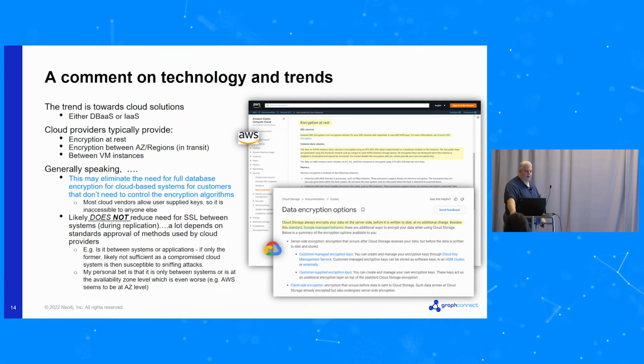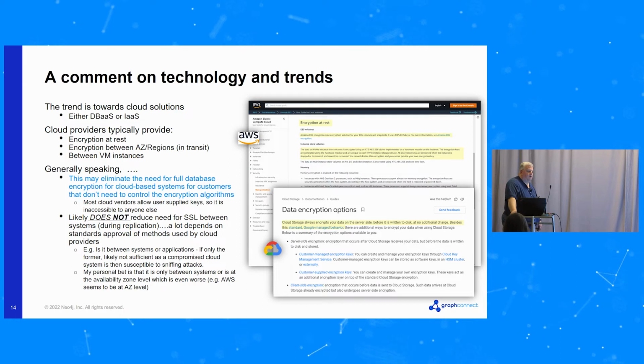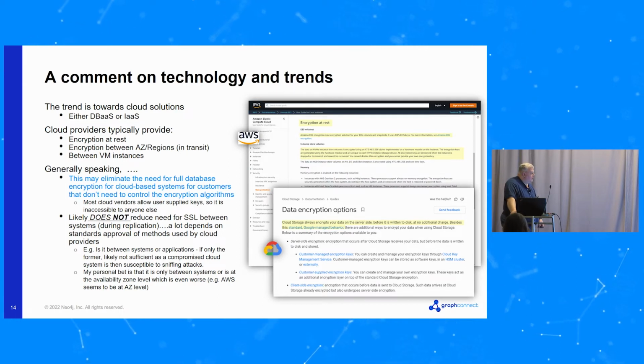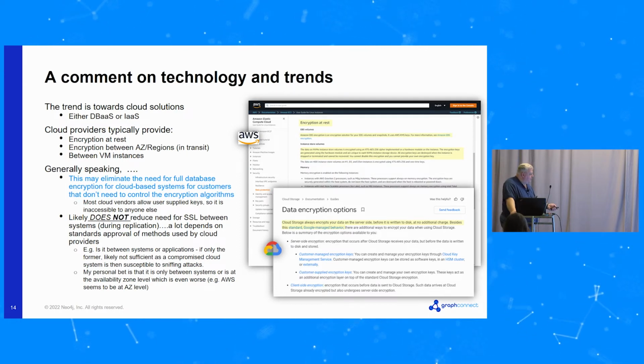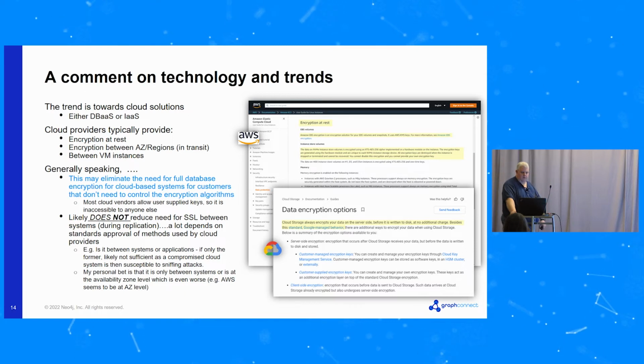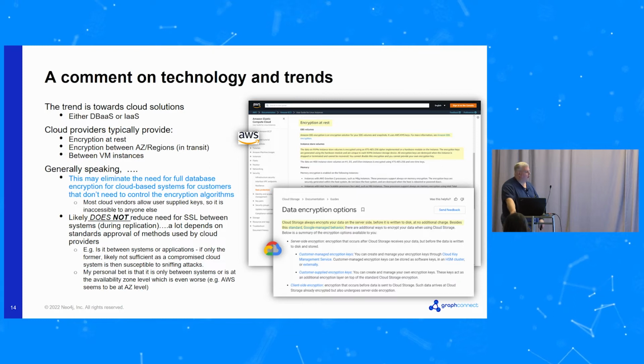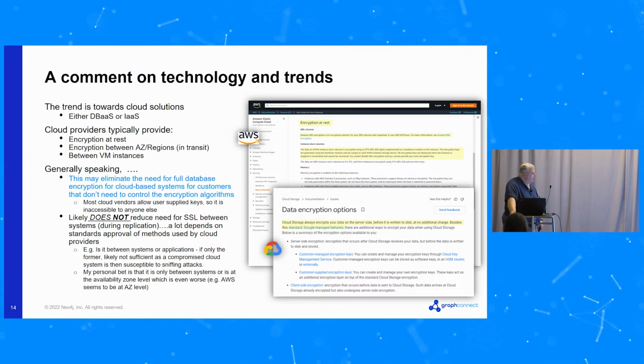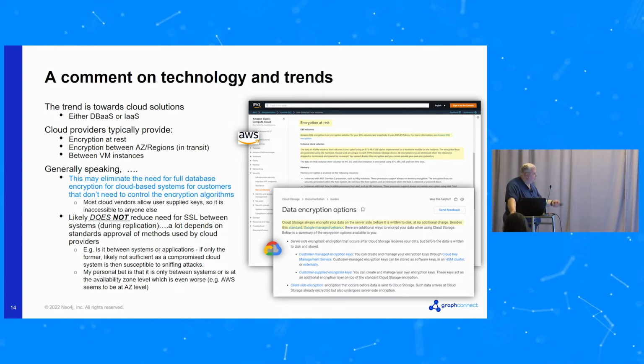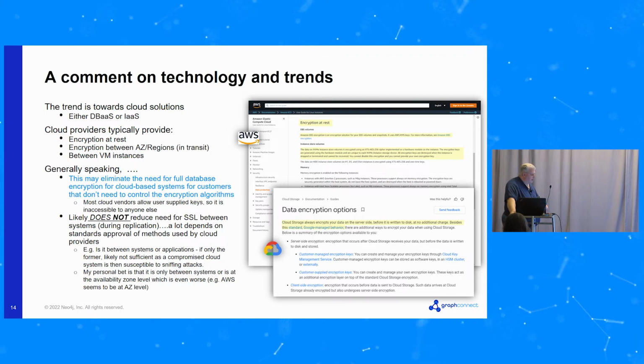They don't tell you where and when, so at what endpoints the encryption starts. So it likely doesn't eliminate the need for SSL between systems. If you set up a causal cluster, you can set up SSL between the nodes. You still might have to do that, okay? But on a cloud system, you probably don't need to put a Protegrity in or anything like that. You could, but